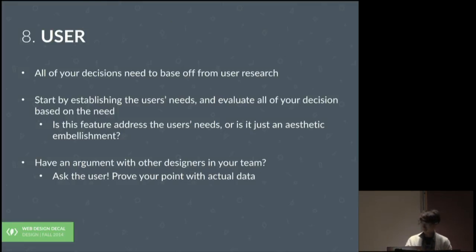I like to really consider a UI designer as like a psychiatrist. What you do is you listen to people's problems, and based on that, you give them advice. Just like how psychiatrists cannot give advice without listening to people first, as a UI designer, you have to listen to the users first and then make your decisions based on that.